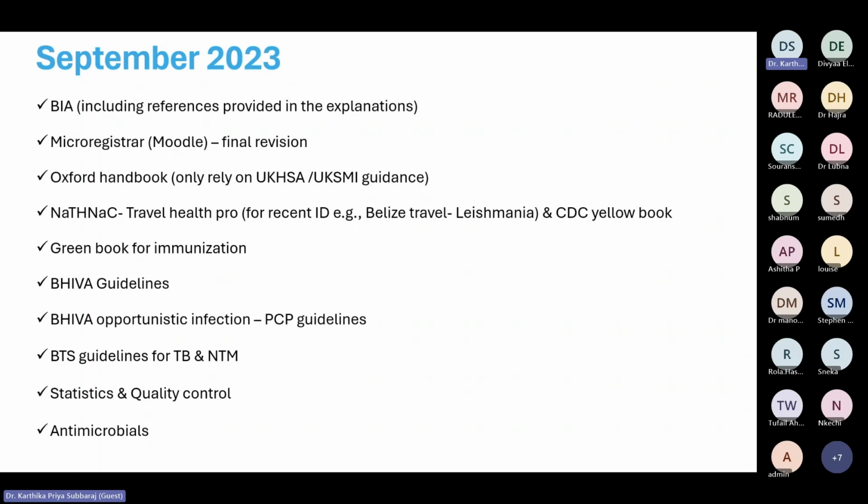If you can access it, just access and read it. If it is not accessible, then it's totally fine. Also, a few of the BIA guidelines, if they are too recent, for example, if the measles guidelines are from 2024, they may not be updated in the question. So you need to consider the UK guidelines.